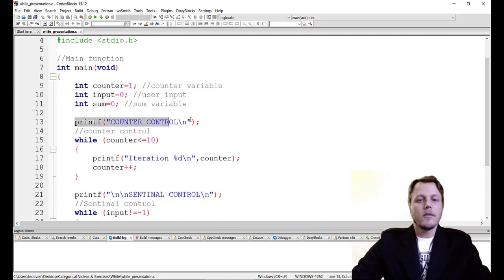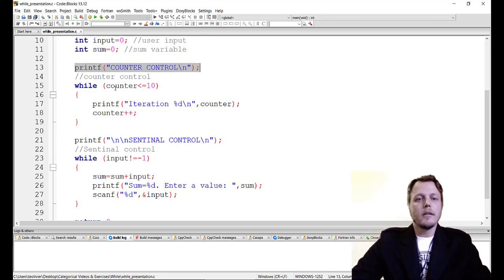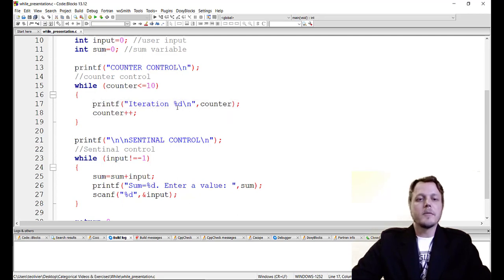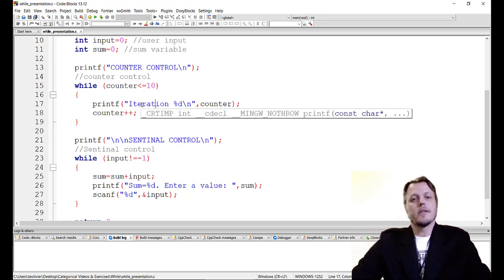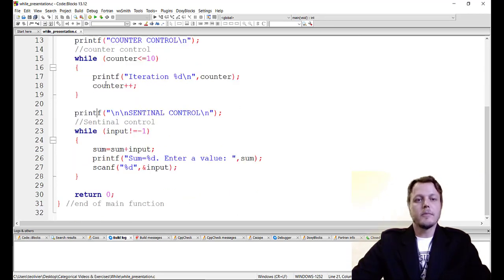So first and foremost, we print counter control out on the screen. Then we run this while loop, which will effectively run 10 times, and every time it runs, it will print out iteration with a number which is equal to the counter variable value, and I'll describe that soon. So basically we want to see on the screen iteration 1, iteration 2, iteration 3. So every time the loop runs, it's one more iteration, and it should print out what iteration it's running in now. And then after we're done with that loop, that's an example of a counter controlled loop,